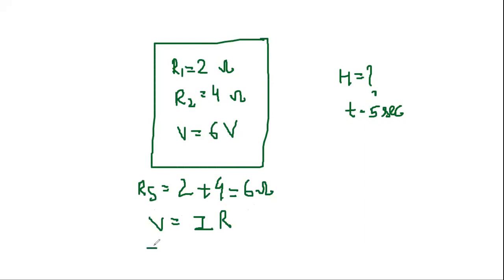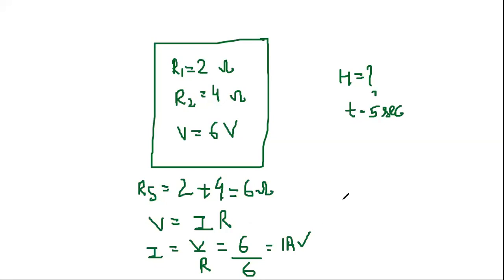So from here we can find the value of I easily, V upon R. The value of V, students, is 6 volt and total resistance in the series is also 6 ohms. So what total answer will come on solving? 1 ampere. It means the current flowing is 1 ampere. And we know that whenever it is a series circuit, the value of current remains the same.